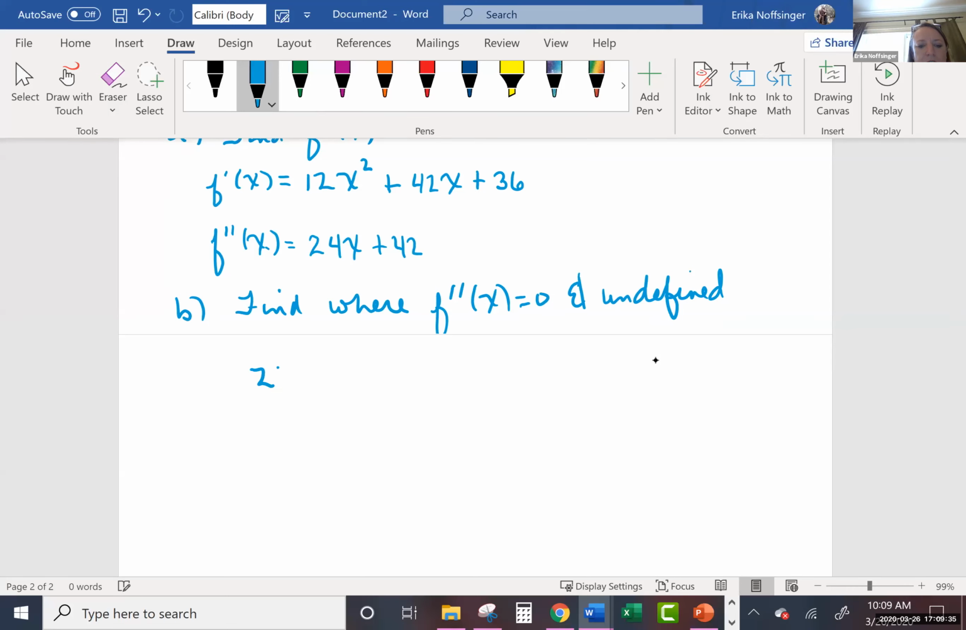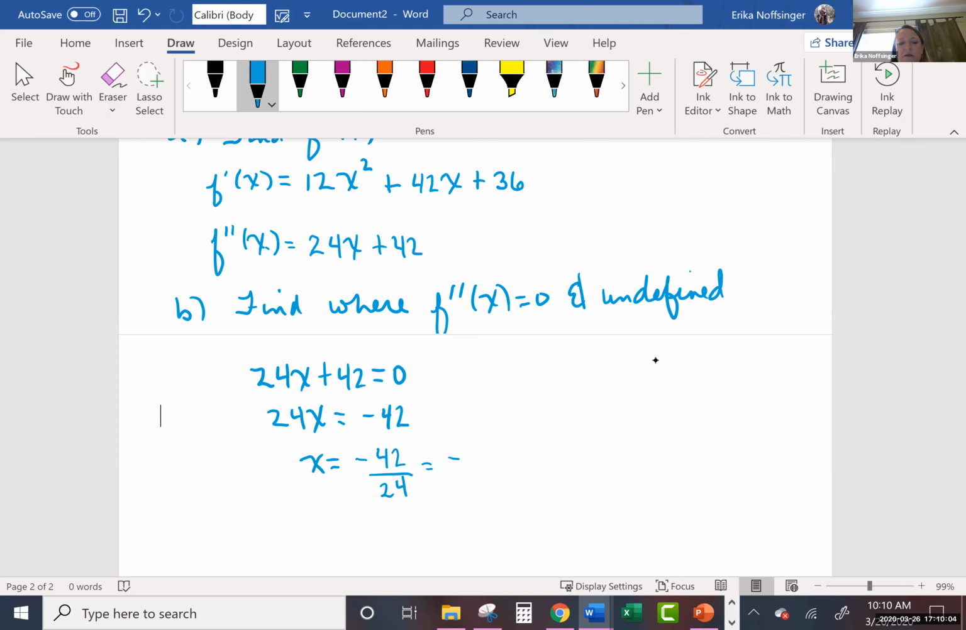That would be when 24x plus 42 is equal to 0. So solve for x, subtract 42 on both sides. Get x by itself, divide both sides by 24. So we get negative 42 all over 24,